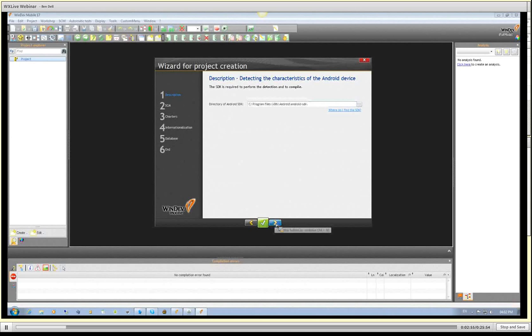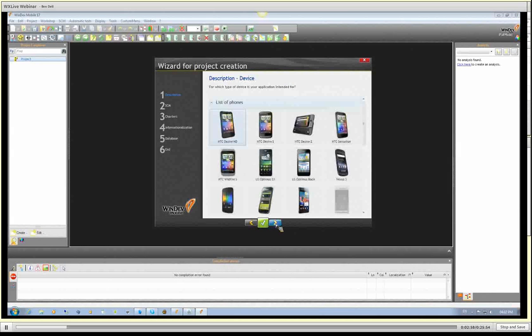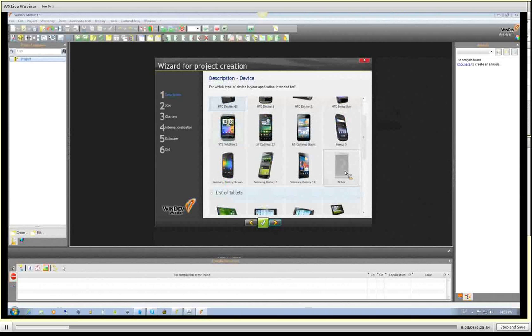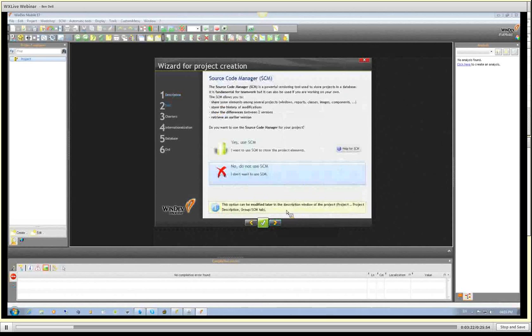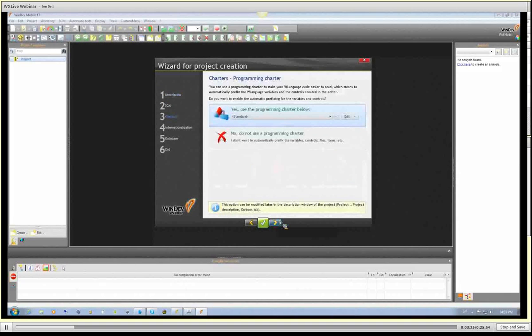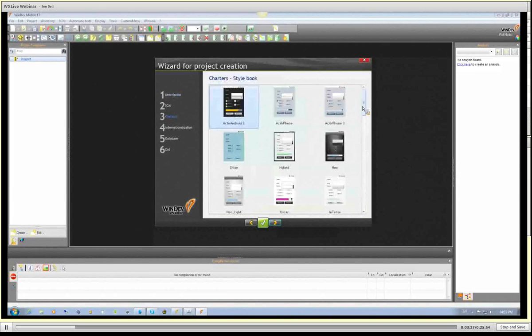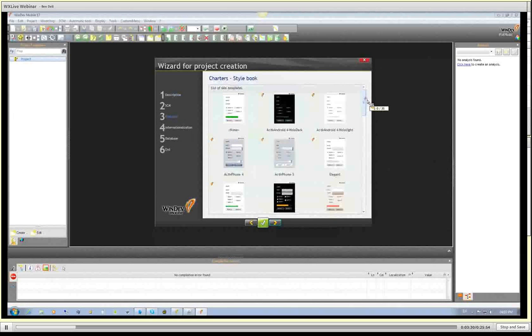So we will step through our wizard, and we will select the device we want to generate for, or an unknown device. In this instance, let's just generate for a Samsung Galaxy S. That will give us the canvas in the correct sizes so that we know that our app will fit onto the device that we want to generate for. I'm not going to use SCM in this instance, and let's use Programming Charter, and then I can select my style I want. Let's go for